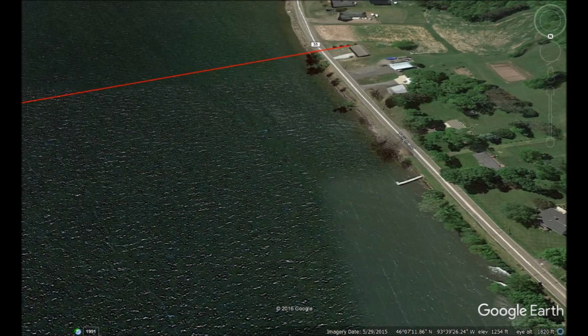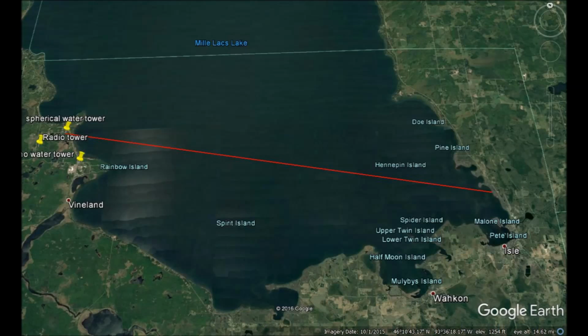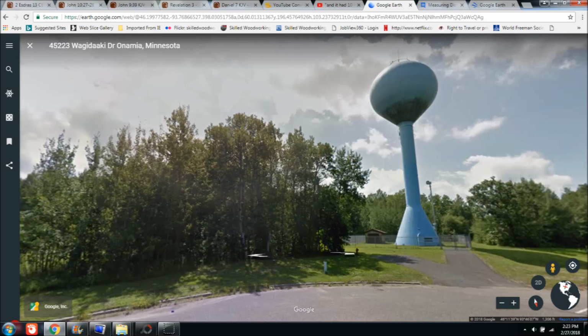So we see a problem that. Okay, that was only 9.5 miles though. So let's look a little bit farther. There are 2 water towers across the lake there, and that's about, I think, 14 miles. But the spherical water tower is going to be on our right, and there's going to be a different one on the left. Here's a picture of the spherical one,